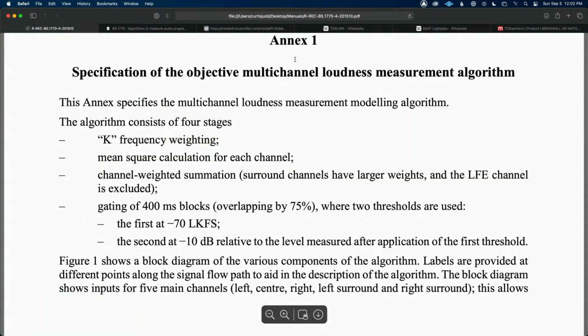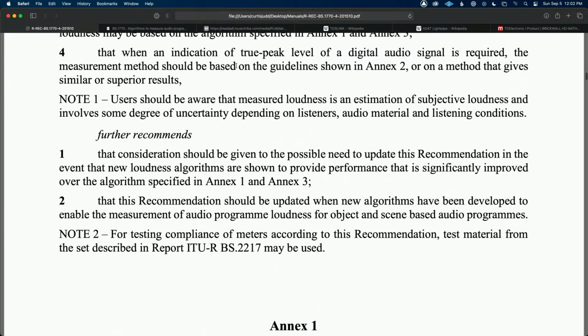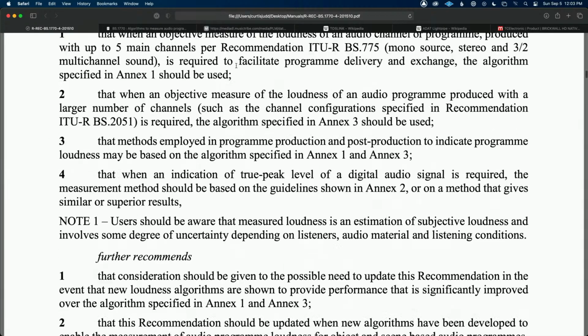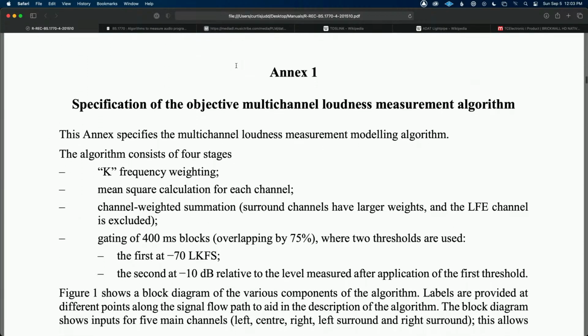Here is kind of the high level. This document actually makes a case for, first of all, why loudness metering is a good idea, why it's necessary for broadcast, certainly radio and television and so on and so forth. But in addition to making that case, it also establishes exactly what's happening in the loudness units full-scale metering algorithm. And so we'll come back to that. That's what Annex 1 here is. That's the actual specification. But here it lays out the reasons for, basically, why do we need loudness units full scale? And I remember back in, I think it was